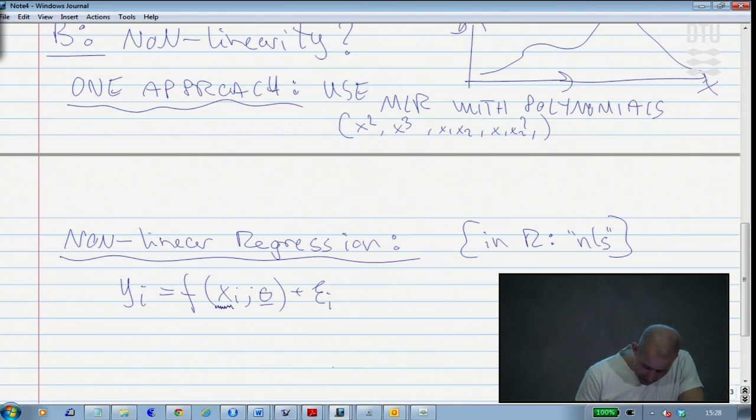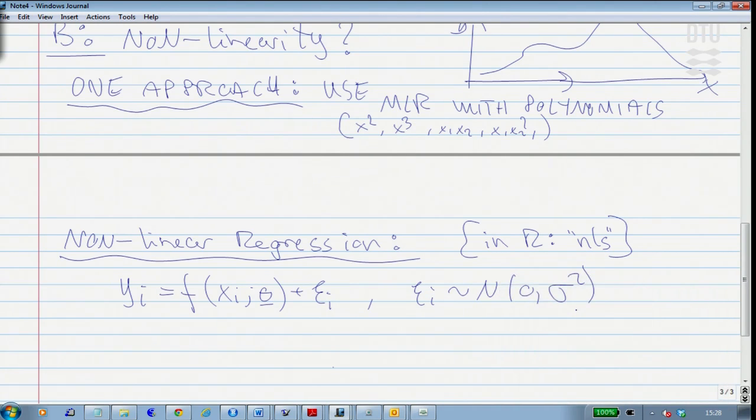It depends, of course, on the input x, and then it may depend on some unknown parameters. I use theta underscore here to say this is what in a linear setting would be a and b, or alpha and beta. Now it could be different things. There could be one, there could be many such thetas. If we then assume still, for instance, that we have a normal distribution, the nonlinear regression could be solved by the least squares criterion, or what then also amounts to maximum likelihood actually, since we could try to minimize the sum of squared